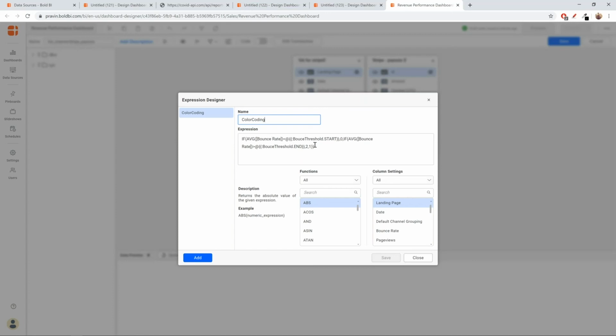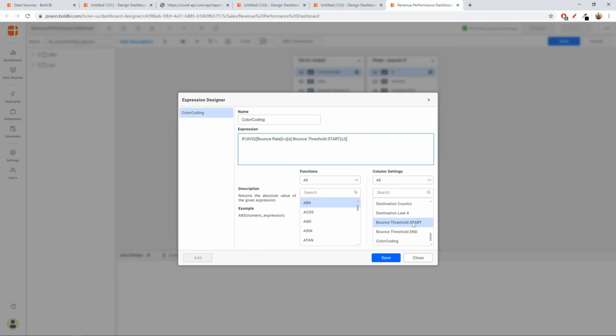So you can see here I have the expression already, so I'll just edit this and add the expression again. So the condition is going to be if average of bounce rate is less than bounce threshold at start, which is the lower end of the range that we had, then I'll provide a number for the color, say 0 for green.